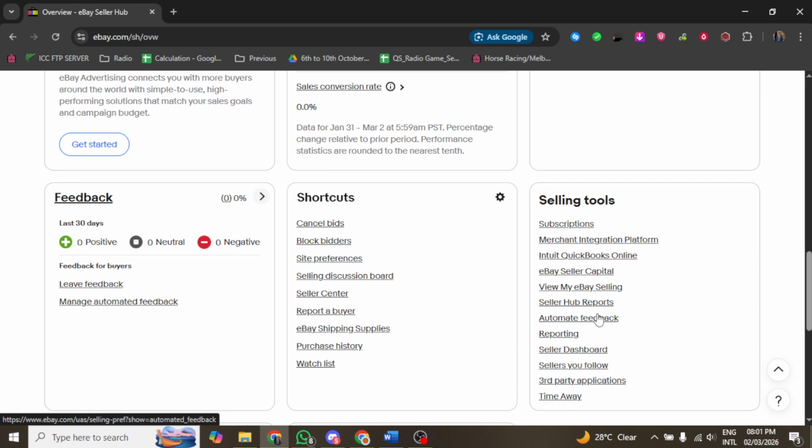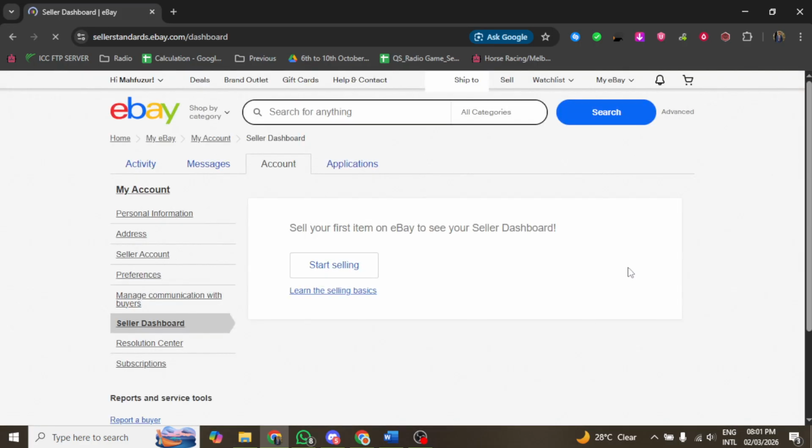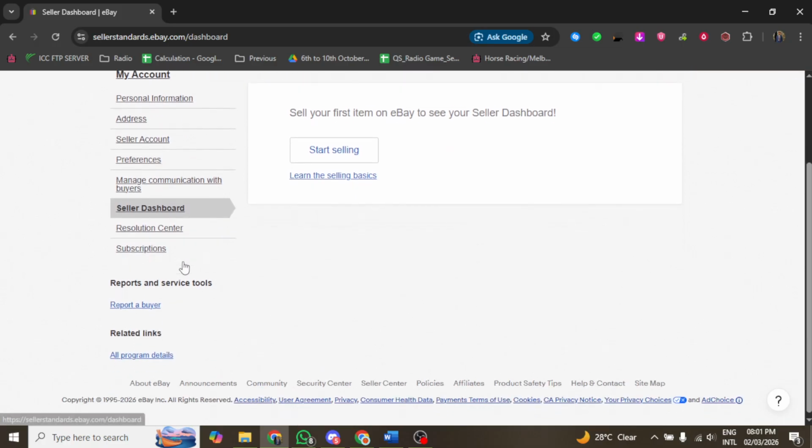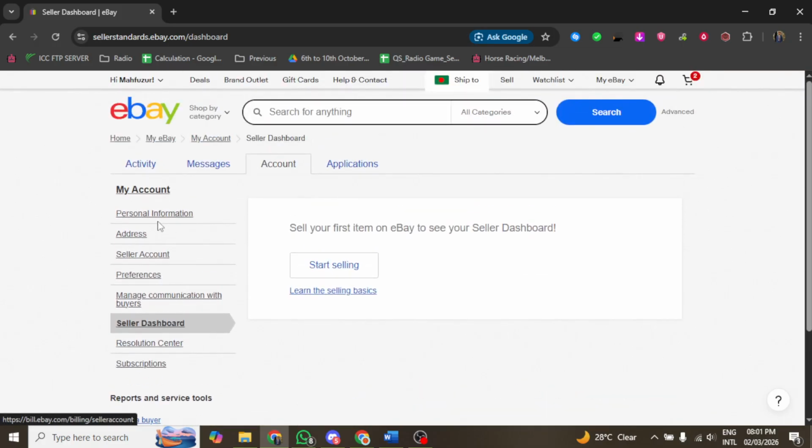After entering the necessary details, look for the buttons labeled Save or Confirm. Click on one of these buttons to save your new payout method. At this stage, eBay may send you a verification request to confirm the changes made. Pay close attention to the instructions provided in the verification request, as following them is necessary to complete the update